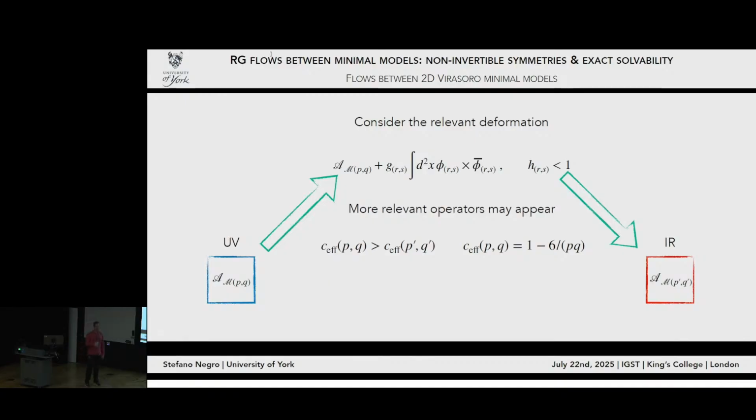Now, it doesn't necessarily have to be monotone, because this is not the Zamolodchikov c-function. It's a different function, but it equals the Zamolodchikov c-function in a CFT. So this means that it can oscillate, but in the UV it needs to be bigger than in the IR. Or, another way to say it is that the number of degrees of freedom in the UV has to be bigger than the number of degrees of freedom in the IR. Okay? Good. So this is the way that I will denote it, very simply: MM with an arrow and phi.